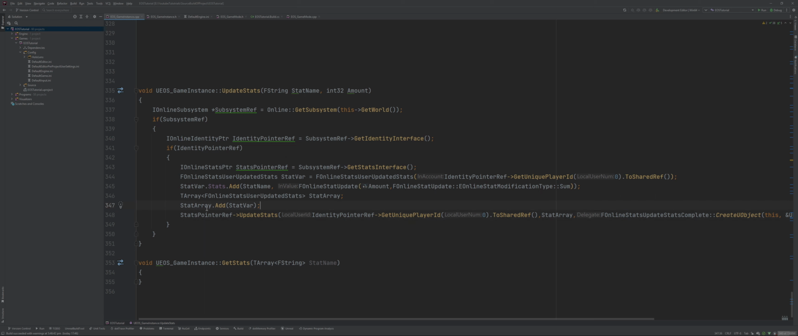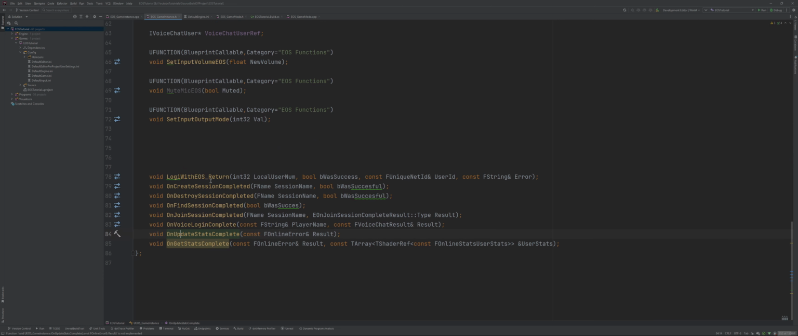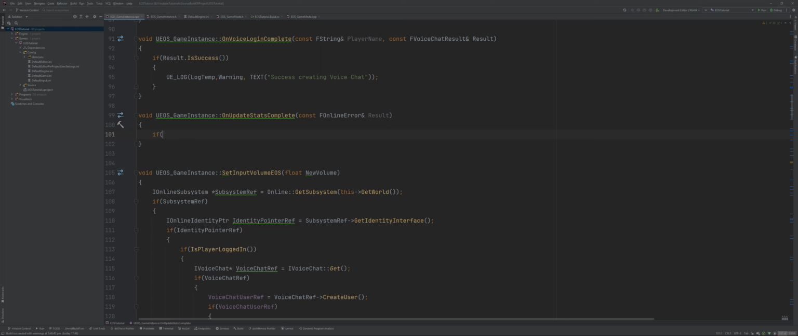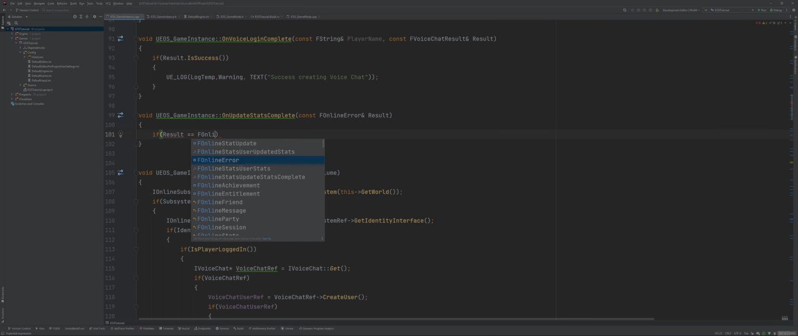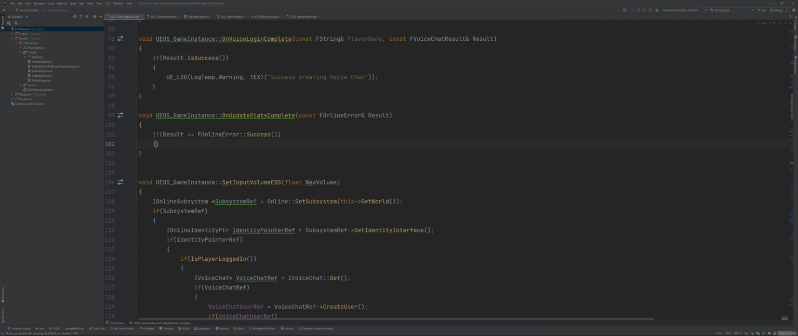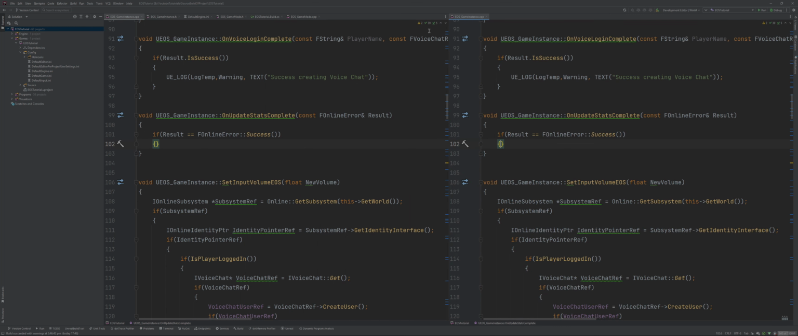So yeah, that works. Now I mean, we will test that out, but yeah, that works here. Now let's create a function for OnUpdateStatsComplete. If the stats are complete, we will just get the result. So if result is equal to FOnlineError success,